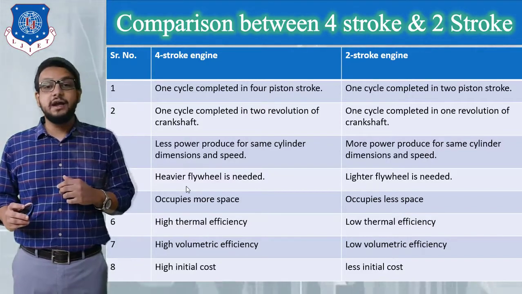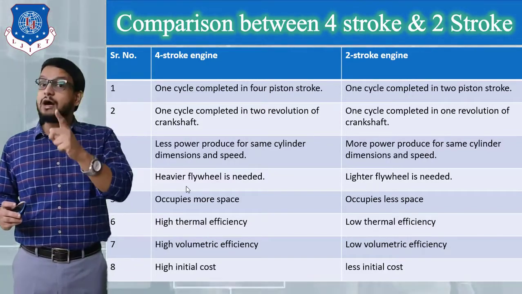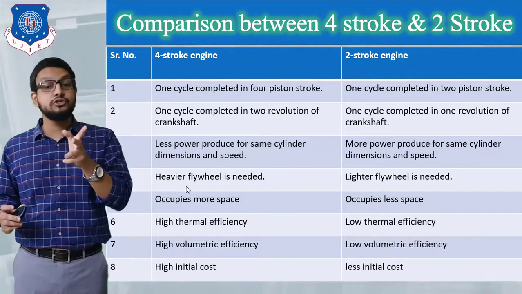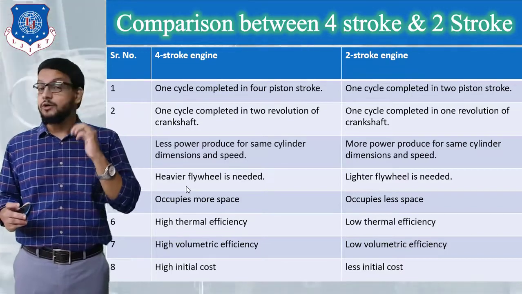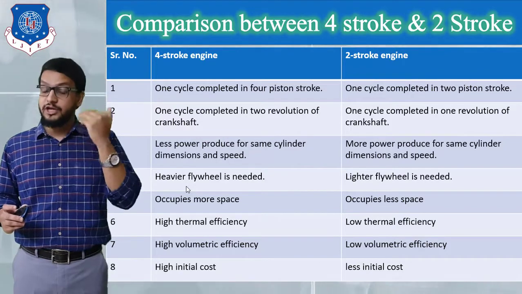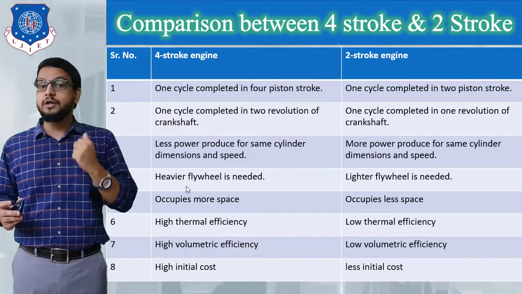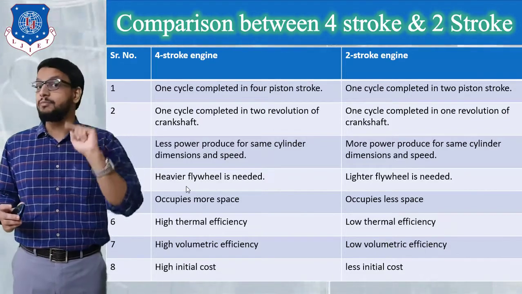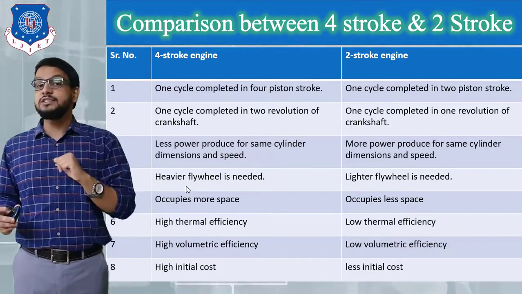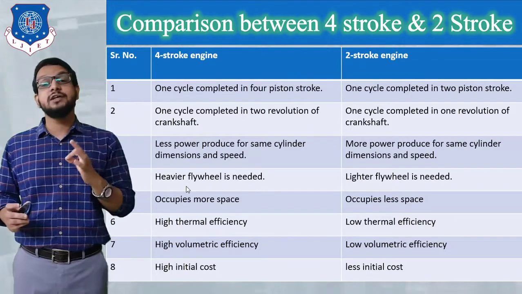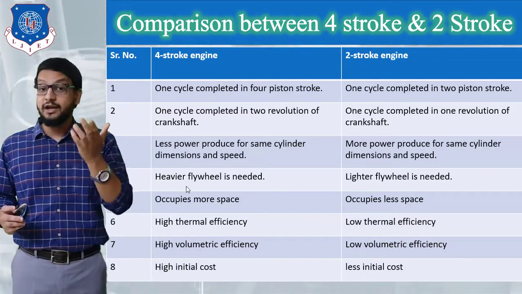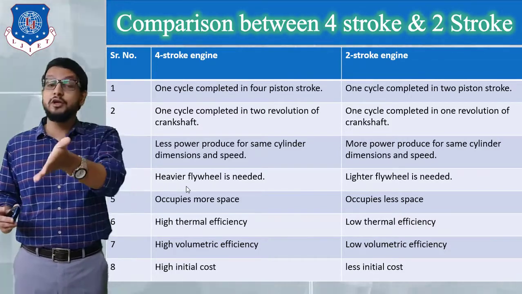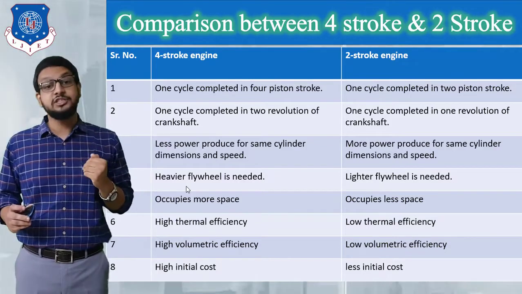Why? The reason is that in a two-stroke engine 1 power stroke is obtained per cycle, whereas in a four-stroke engine we are also obtaining 1 power stroke per cycle. Which means, if we compare with the rotational motion of the crankshaft, when 2 revolutions of the crankshaft are performed we get only 1 power stroke, whereas in a two-stroke engine, in every revolution of the crankshaft we are getting 1 power stroke. So we can clearly say that in a two-stroke engine almost double power is generated.